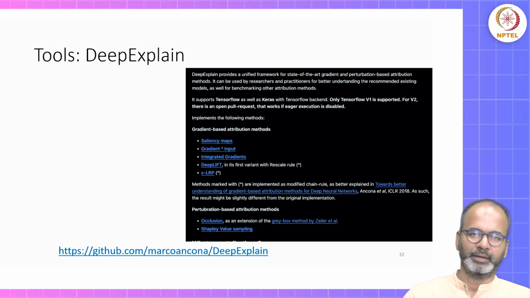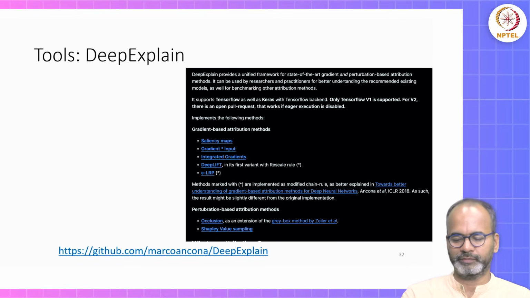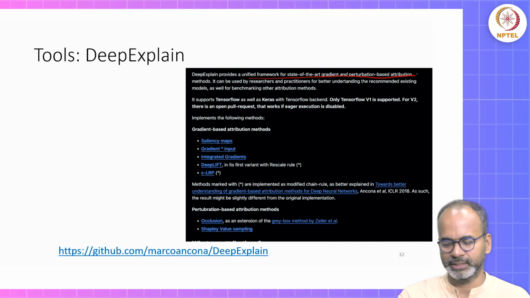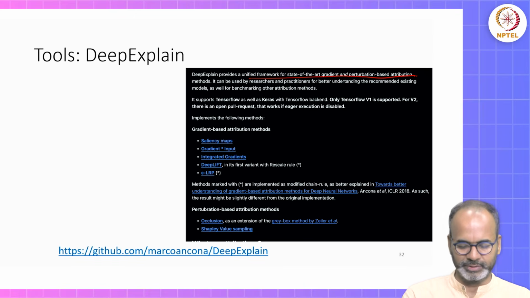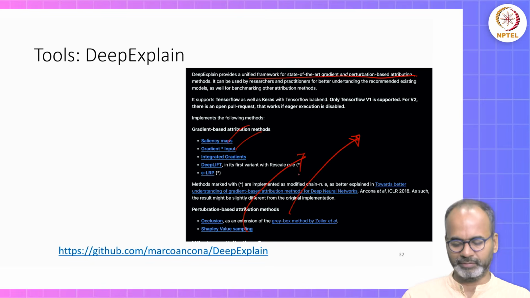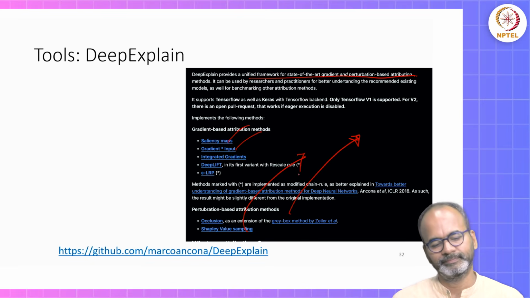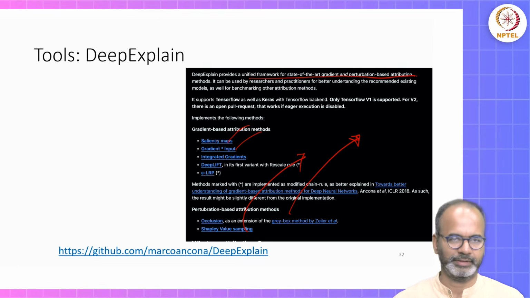This DeepExplain provides a unified framework for state-of-the-art gradient and perturbation-based methods, and it gives you saliency maps, gradients, and again, different methods are implemented. Shapley value sampling, all of that is provided in the code. Yeah, try it out. If you find it difficult, come back to us.